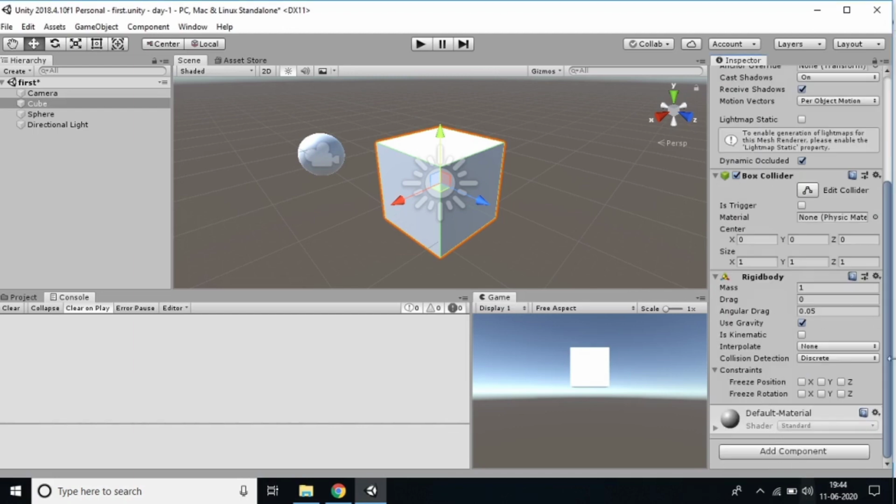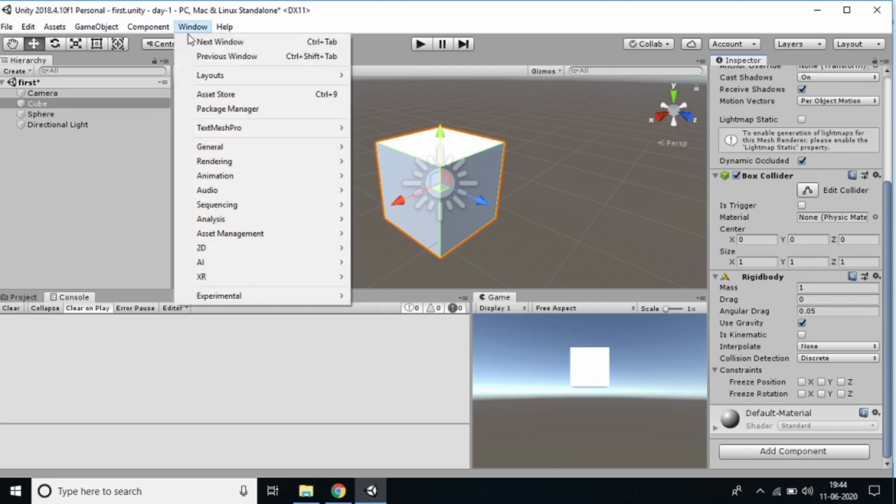That's it. So this is the component, we can see that Rigidbody is a component, but the component cannot be viewed in the scene. Did you see the component being displayed? No, we can't see the component. So like that, what is not seen is called a component. That is the only difference between game object and component.